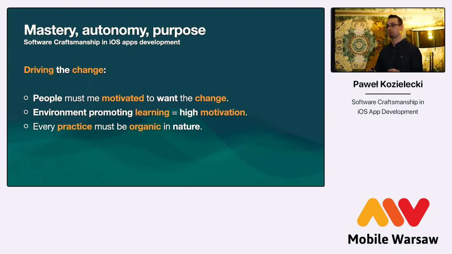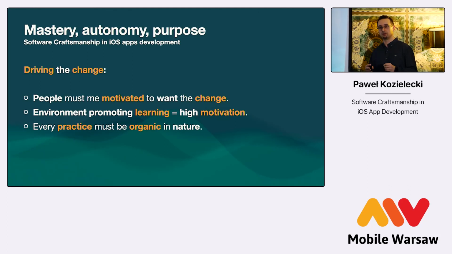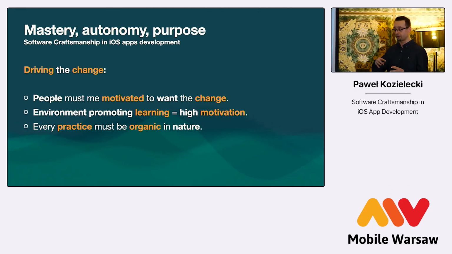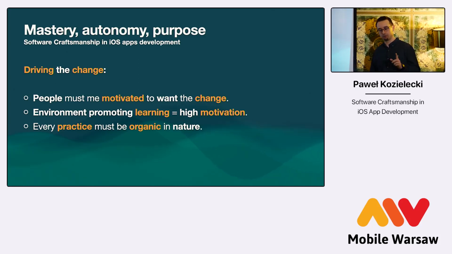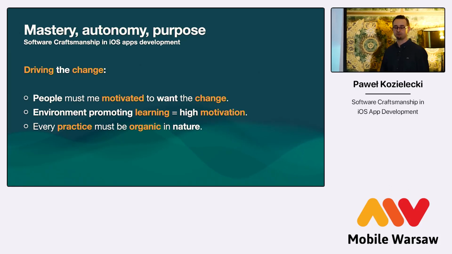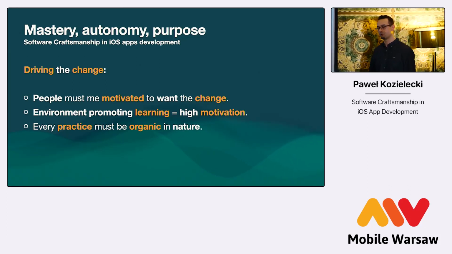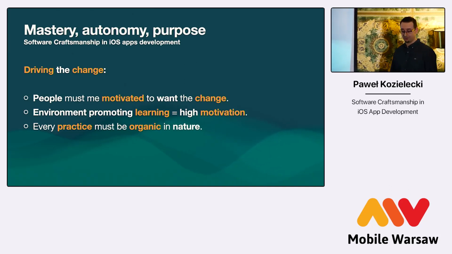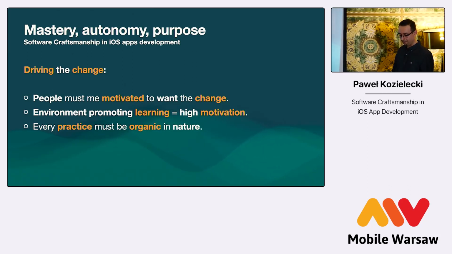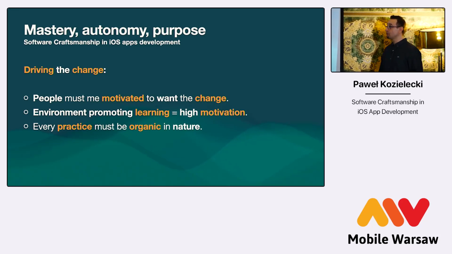But remember that every practice you're going to instantiate in that project must be organic. It has to be agreed with the team, it has to be something they understand and feel comfortable with. Because if you just swoop in as a good old tech lead or senior developer and say, from now on, 60% of the code needs to be tested if you want pull requests to pass, then prepare to fight some resistance, because that won't be organic. So how to do it practically?